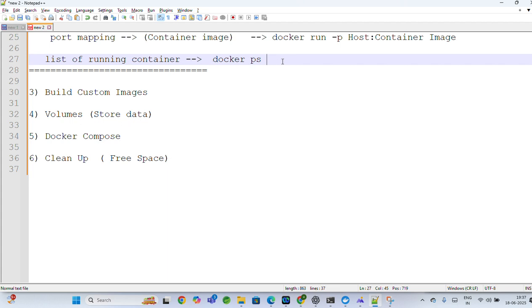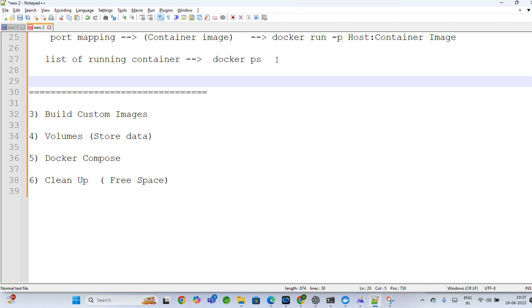So next command, this is a list of running containers, right? How many containers are running? It will stop in a single command. That means list all. So indirectly,